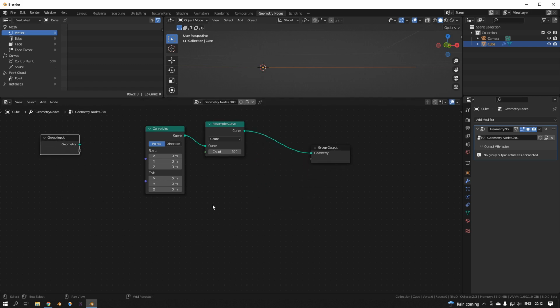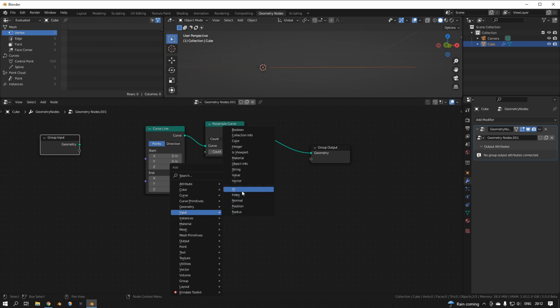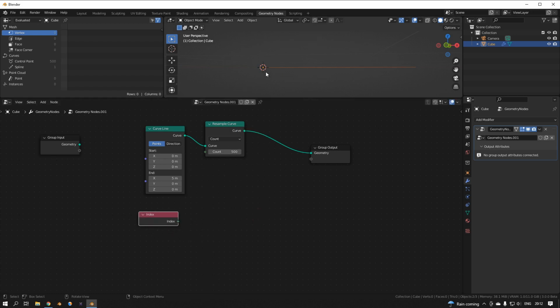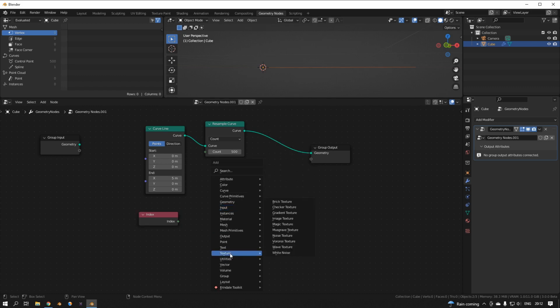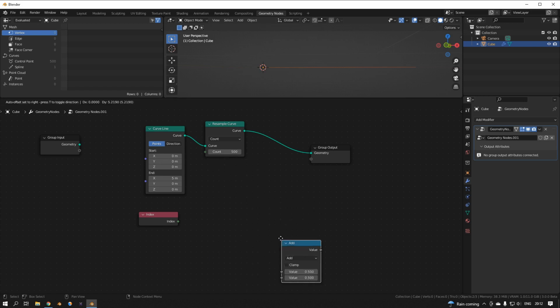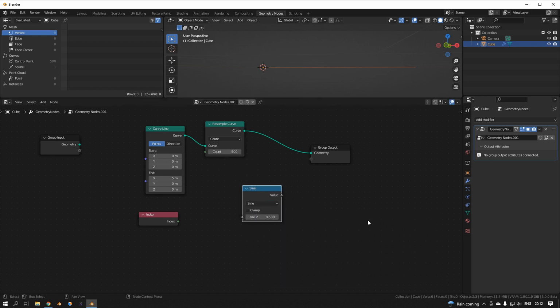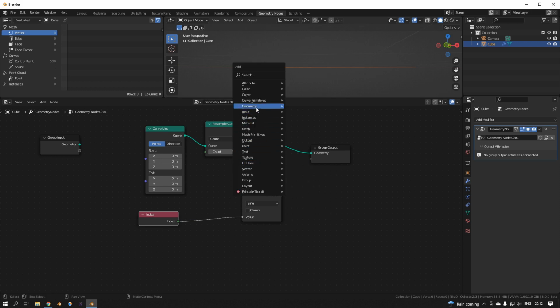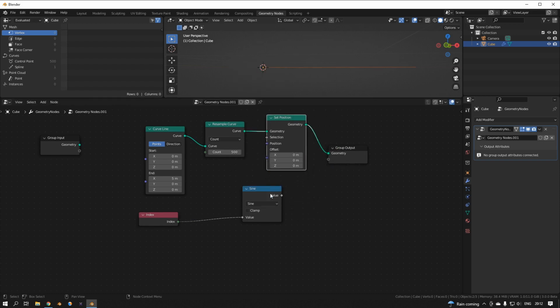Now, what I remember, we need the index. So we want to have each point, and we want to give it a sine function. So utilities, math, sine. No, that's, let me see. I forgot it. Oh, we have to set position. So geometry set position. Then I want to